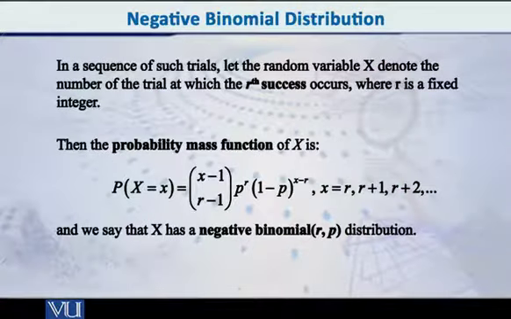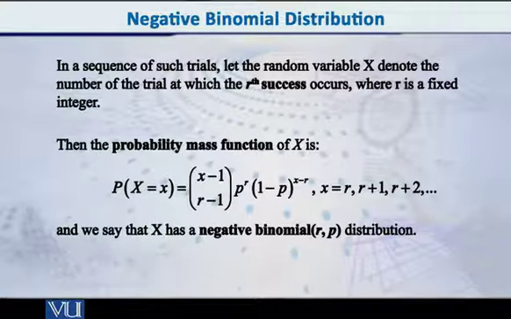Now, in a sequence of such trials, if we let the random variable capital X denote the number of that particular trial on which the rth success occurs, where r is some fixed integer, then the probability